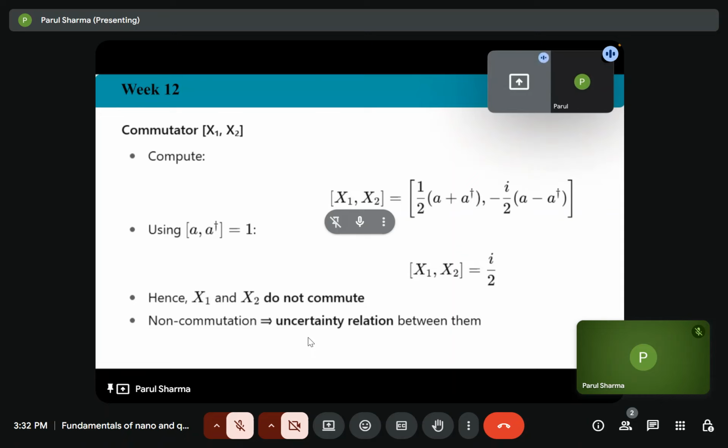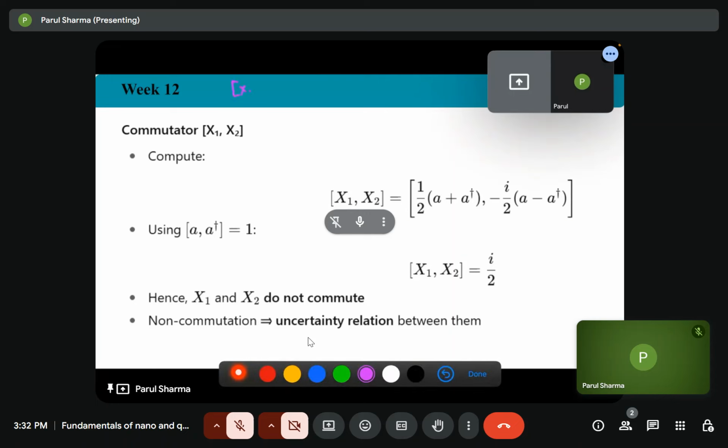To calculate the commutator x1 x2, it is x1 x2 minus x2 x1. So x1 x2 we will write in terms of ladder operators, that is minus iota by 4